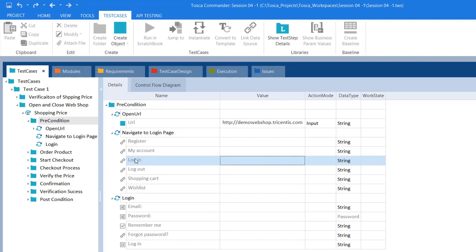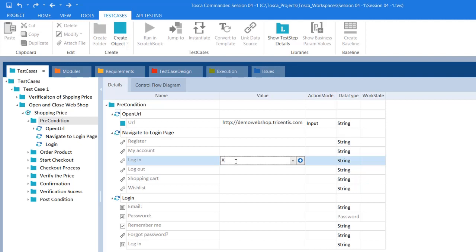So in the top menu you have register, my account, login, logout. These are all the links. Okay, if you see the symbol here on the left side, it shows links. So now I want to click on the link called login. For that I need to enter X, because this is a button, you will not have any value, right? That's why I'm entering X.